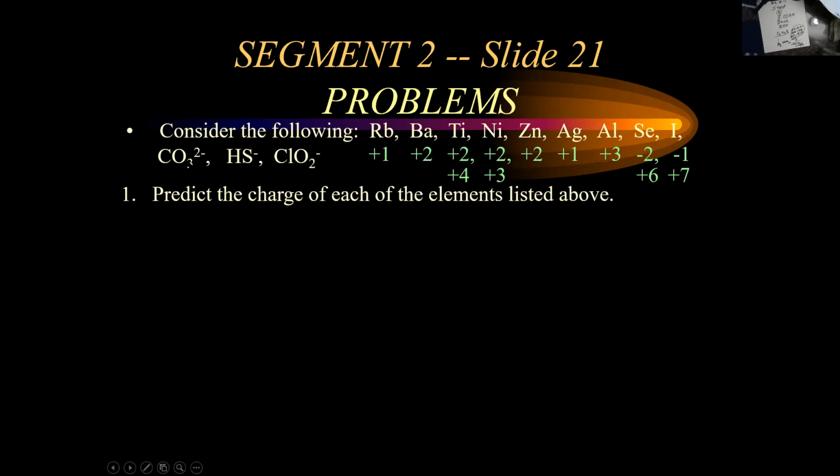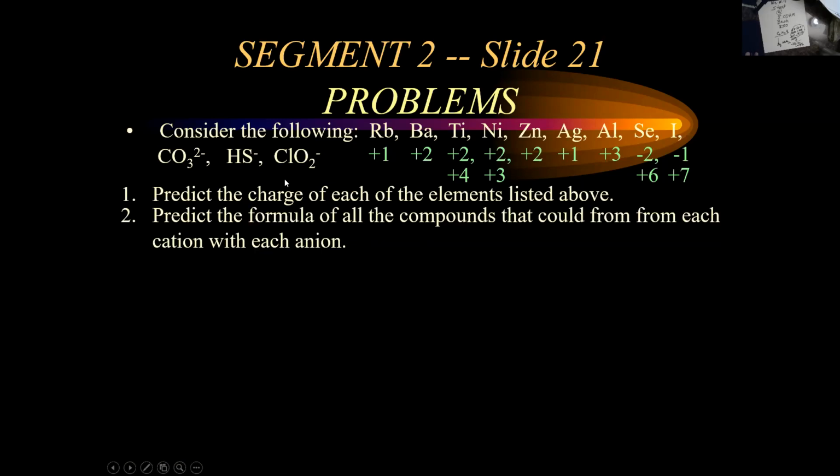And of course, you can see the charge on carbonate is -2, and this would be called hydrogen sulfide, or it's also called bisulfide. Bi is often used for hydrogen when it's connected to something that would make it acidic, like H with some nonmetal. So you can call it hydrogen sulfide, or you could call it bisulfide. And this is ClO2 minus, chlorite. All right, so